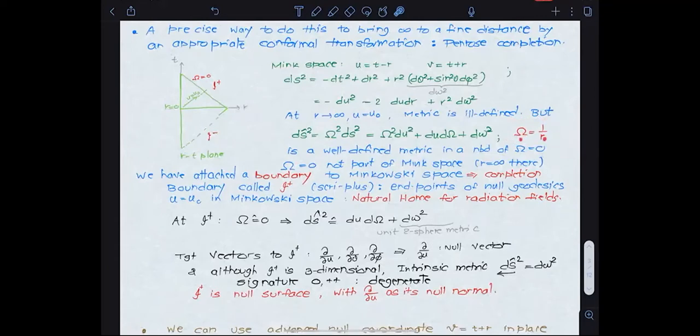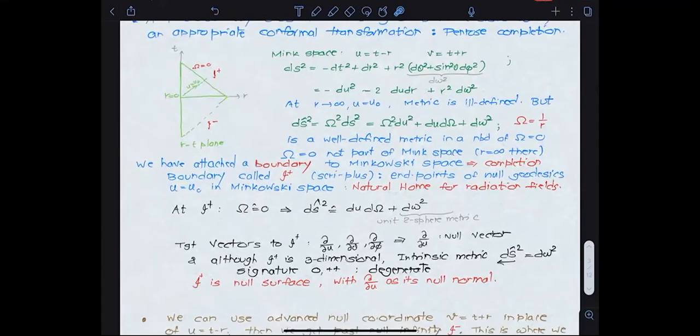So r equal to infinity corresponds to omega equal to 0 up here, and this would be the omega equal to 0 surface now. I brought infinity to a finite distance by this conformal transformation. But this metric, of course, is badly defined at r equal to infinity because of the r squared term up here. But what I can do is introduce this omega as a new coordinate, and I can rescale the physical metric dA squared we have got with this omega squared and construct a conformally rescaled metric, omega squared times dA squared. And that then just becomes omega squared times that thing, plus du dr,